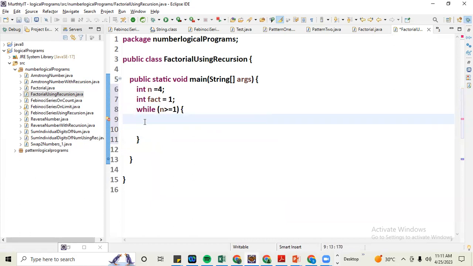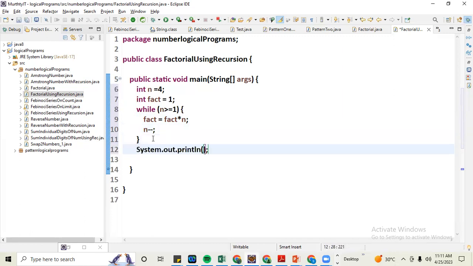Now fact equal to fact into n. Now n minus minus. That's it, the logic. Now System.out.println